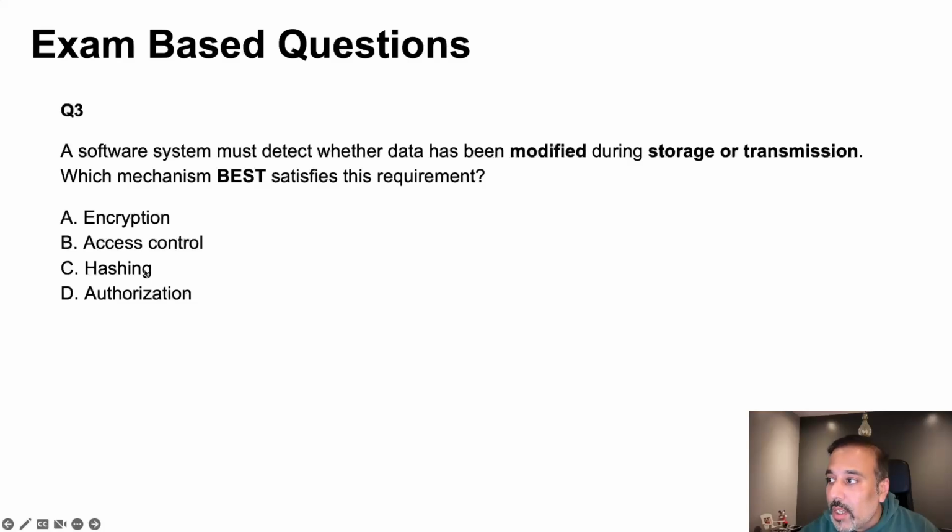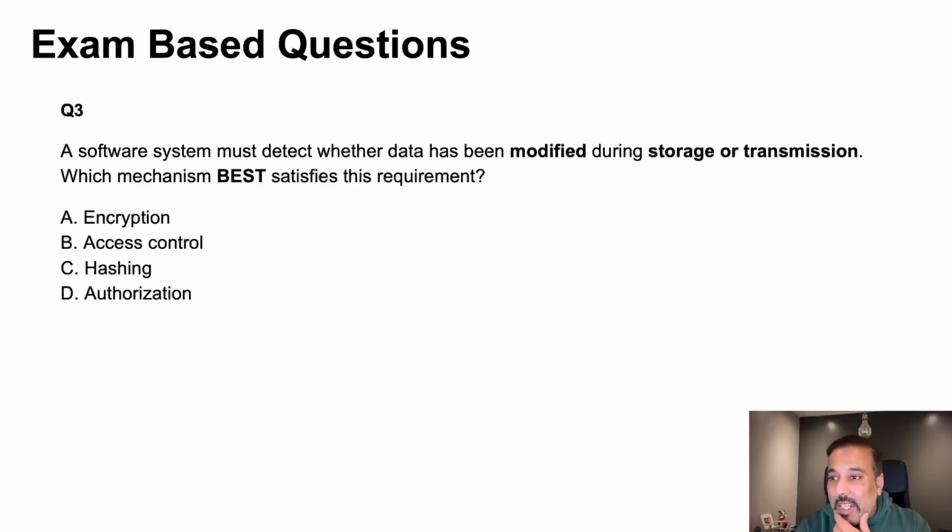Hashing can be used, but you need to find out the best available option out of all those. When you talk about encryption, from encryption you cannot find out if the data has been modified or not. You have one set of data which you encrypted, and then you can decrypt it. So there is no obvious way you can find out if any modification happened with the data or